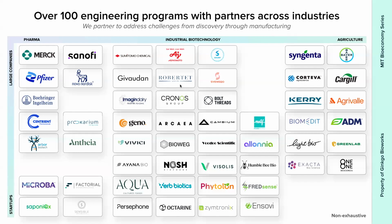So over the last year and a half or so, this is a sampling of partners that we've had and have now at Ginkgo. So we organize into three primary verticals and work with companies large and small. As I said, we had our beginnings in industrial biotech, where we weren't well capitalized in the beginning. We could not wait on FDA timelines, and rather found a lot of success looking at the ability to provide